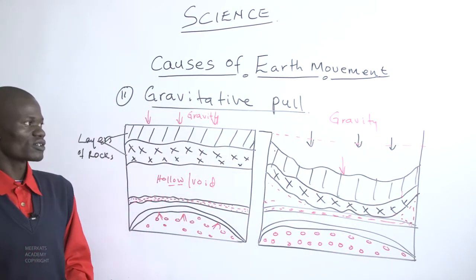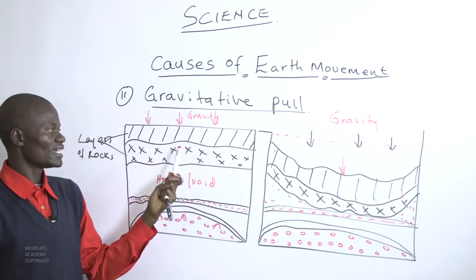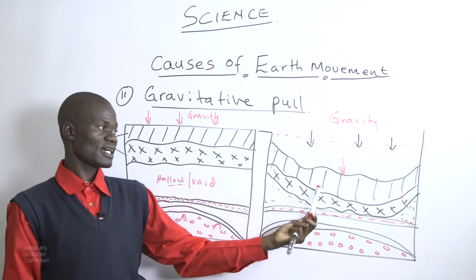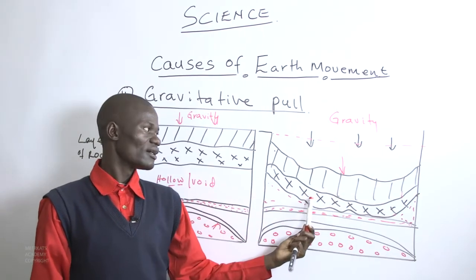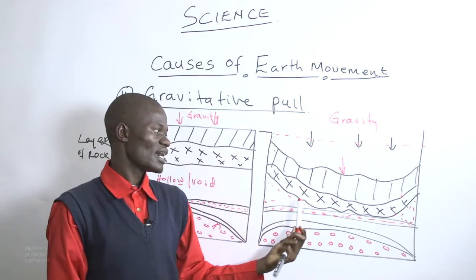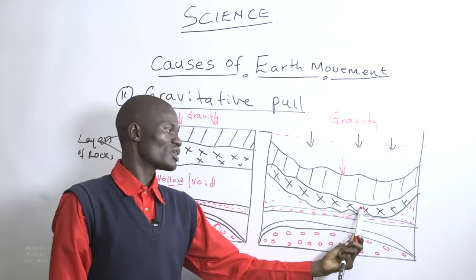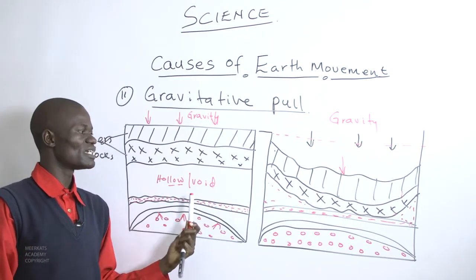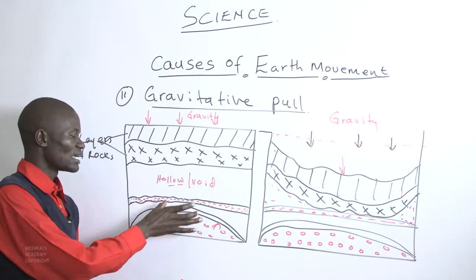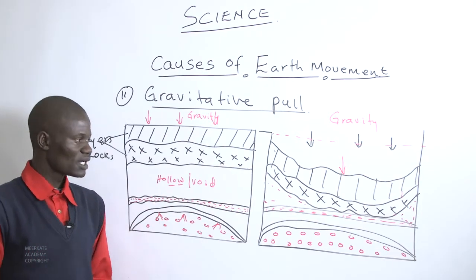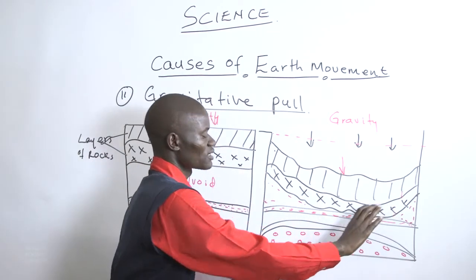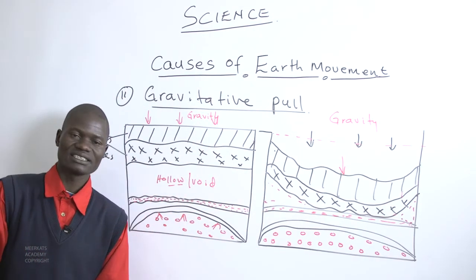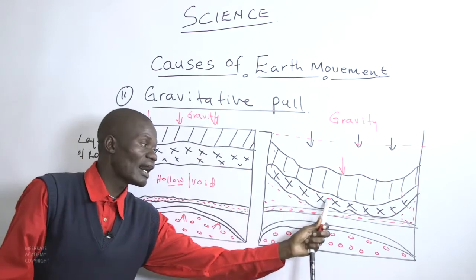This is a gravitational force that is represented here. It has begun to work, and it is always there on the crustal layers. As a result, after destabilizing these rocks, they have been moved down to cover the empty void, or the empty space that had been left vacuum in the absence of magma. Therefore, these crustal rocks have subsided, they have sunk, and in the process of sinking, they have created